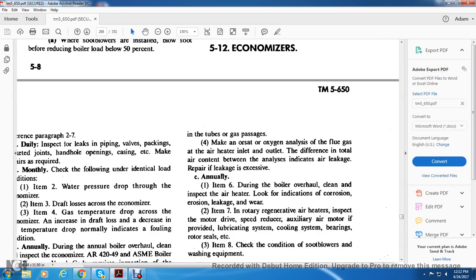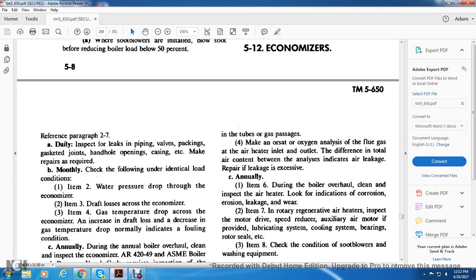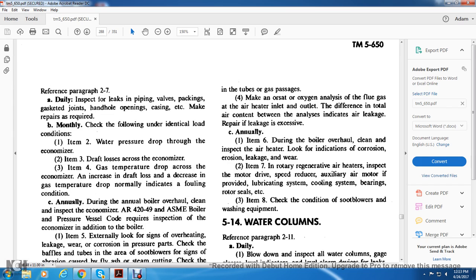512. Economizers. Reference paragraph 27. Daily, inspect for leaks of the piping, valves, packing, gaskets, and jointed handhold openings, and make the repairs required. Monthly, check the following under